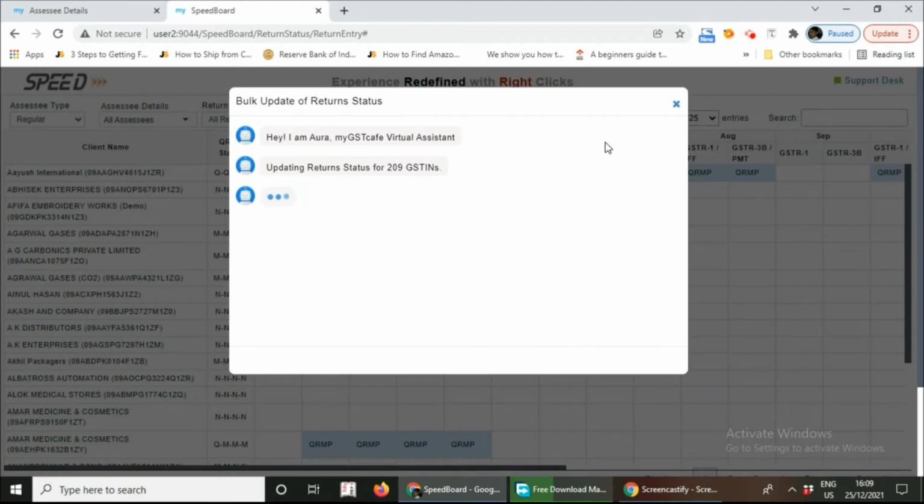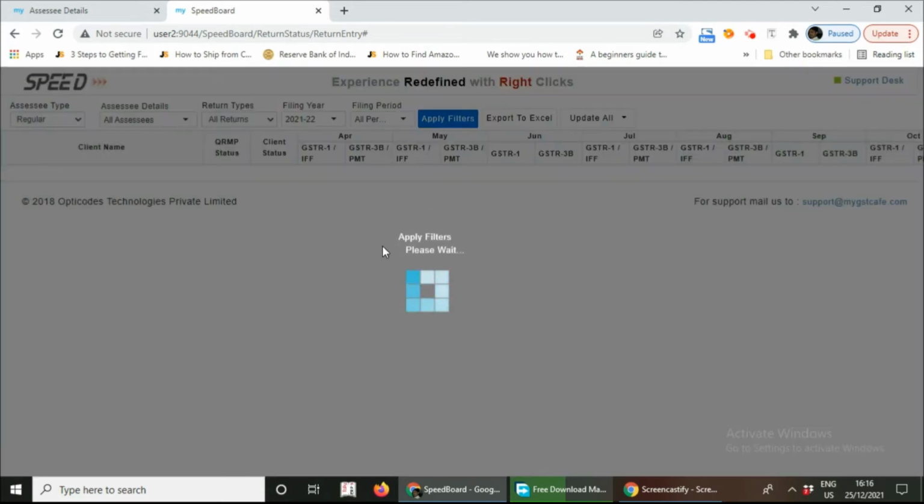As soon as you click on Return Status using API, the software will start updating the return filing status via My GST Cafe APIs one by one, and that too in a single click and of all the clients. Now you can see that the return status of all the clients has been updated successfully. Click on OK to proceed.